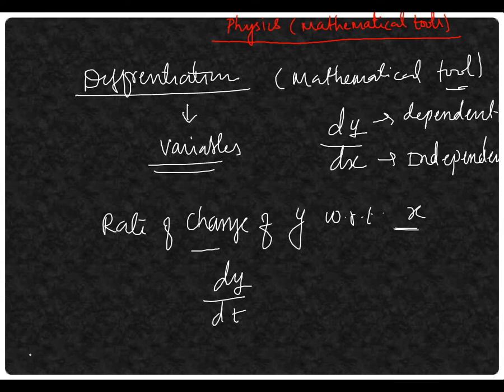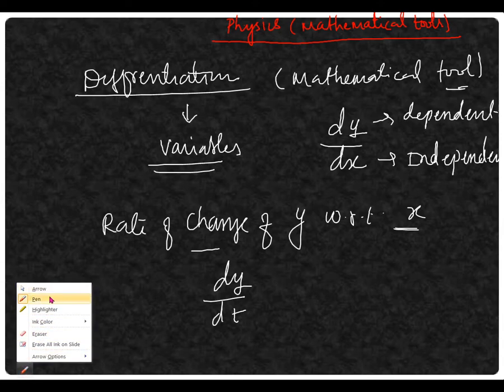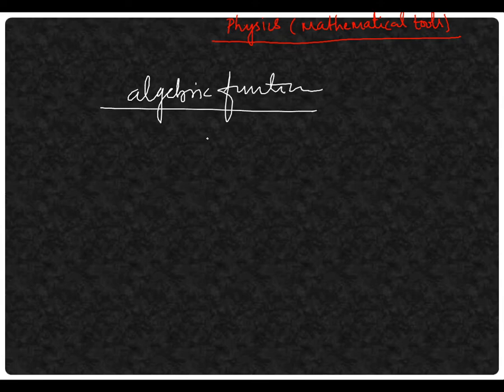Now first of all, we want to find the differentiation of an algebraic function. So, differentiation for an algebraic function, for example y equal to 2x plus 1, in terms of a polynomial. We have already discussed in our lecture what an algebraic function is. An algebraic function is written in terms of a polynomial.